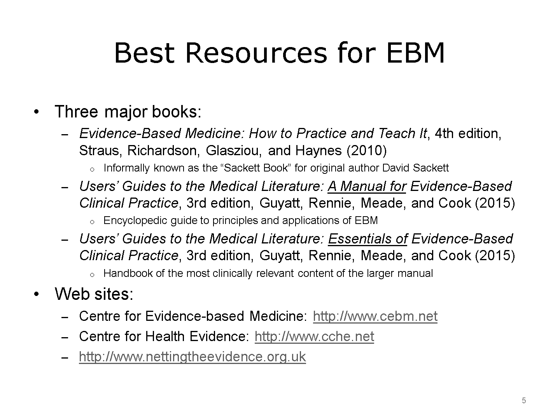Two books by Guyatt and colleagues, including several authors from McMaster University, originated as a series of articles published in the Journal of the American Medical Association, or JAMA, under the broad heading of Users' Guides to the Medical Literature. In 2015, the third edition of these two books came out. The first, subtitled A Manual for Evidence-Based Clinical Practice, is an encyclopedic reference to the clinical applications of EBM. The second, subtitled Essentials of Evidence-Based Clinical Practice, is a condensed handbook that covers the most clinically relevant content of its parent manual. Plenty of websites also offer information on evidence-based medicine, some of which are listed here: